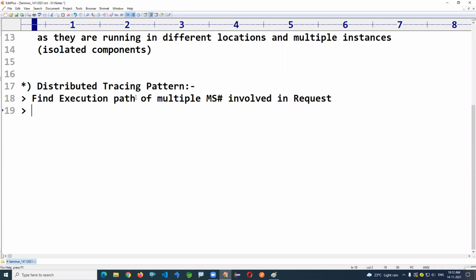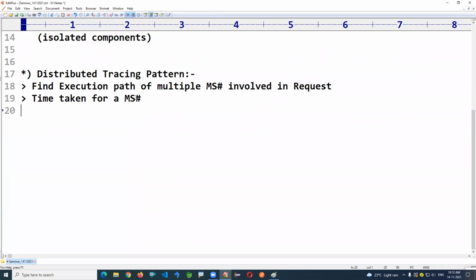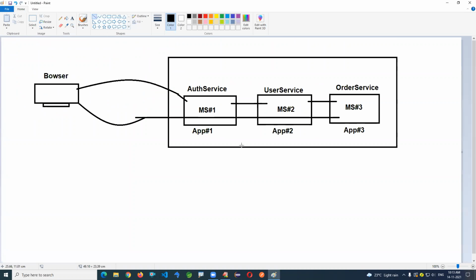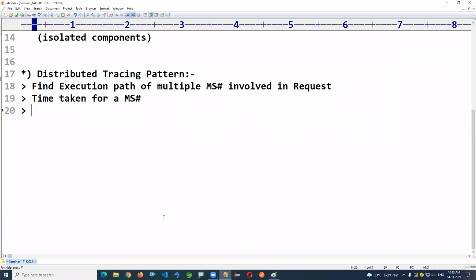Second, the time taken for a particular microservice, and of course the total time can also be calculated. And there will be multiple log files created. Generally, you can have aggregated log files or individual log files. One microservice for authentication, one log file for authentication, one log file for user, one log file for order might be created, or a common log file can also be created. Mostly individual log files are created. You want to know the order in which the log data was printed. This is also something we can find out.